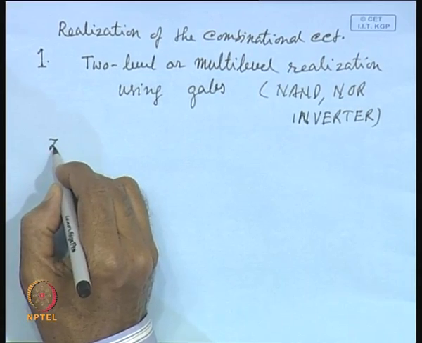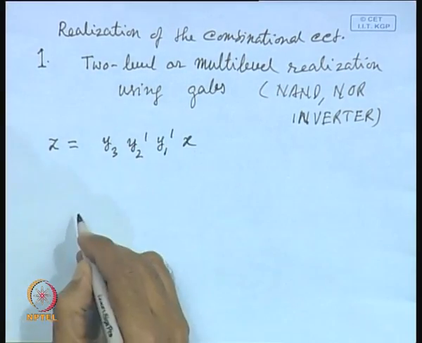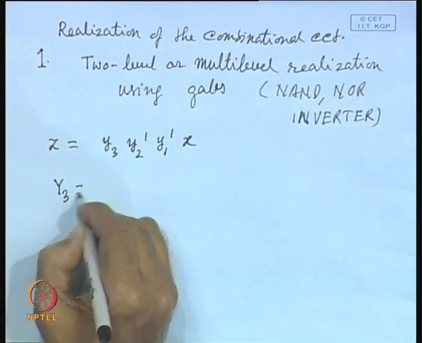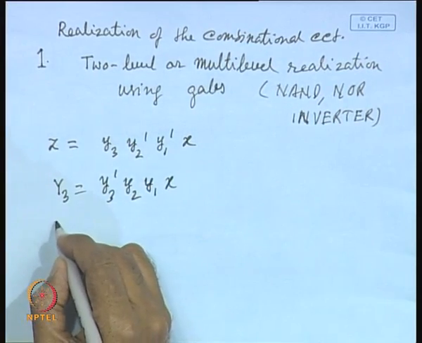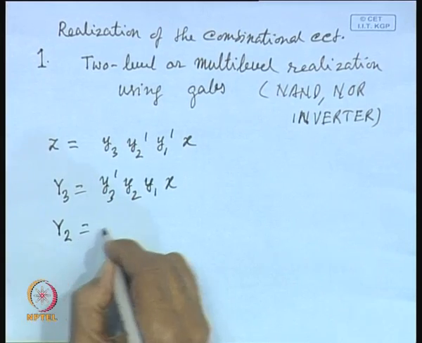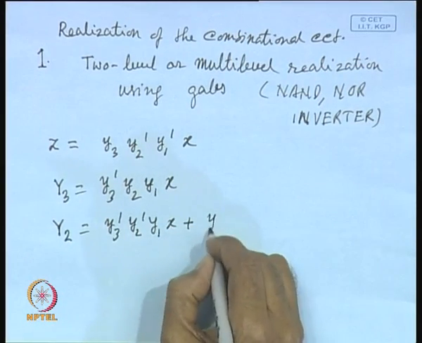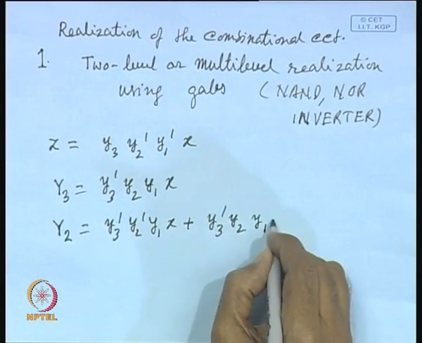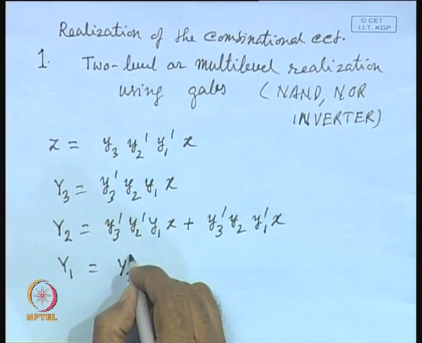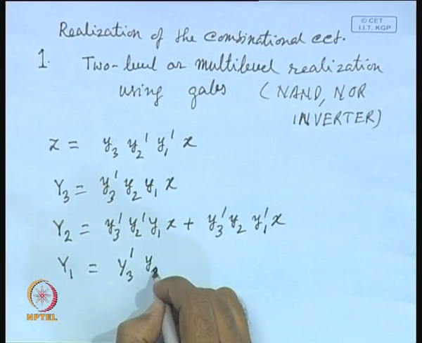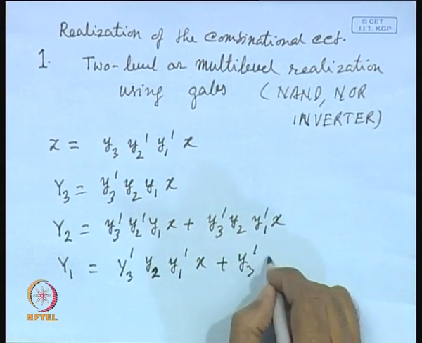For example, z is equal to y3 y2 bar y1 bar x, and capital Y3 is equal to y3 bar y2 y1 x, and Y2 is equal to y3 bar y2 bar y1 x plus y3 bar y2 y1 bar x, and Y1 is equal to y3 bar y2 y1 bar x plus y3 bar y2 bar